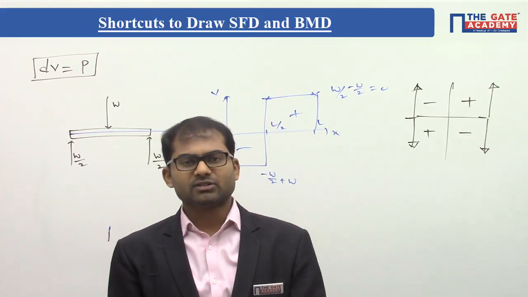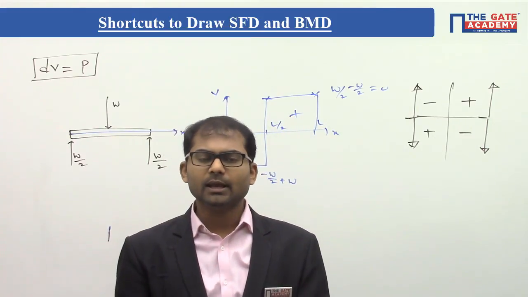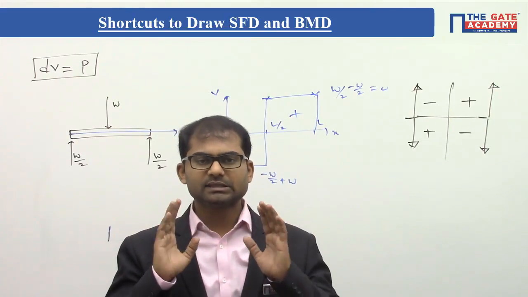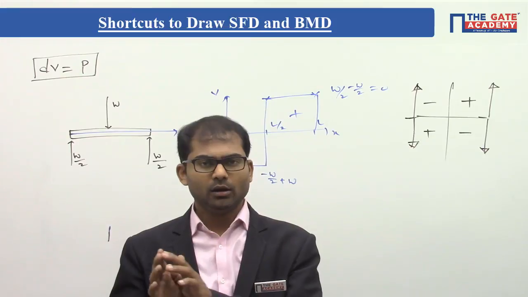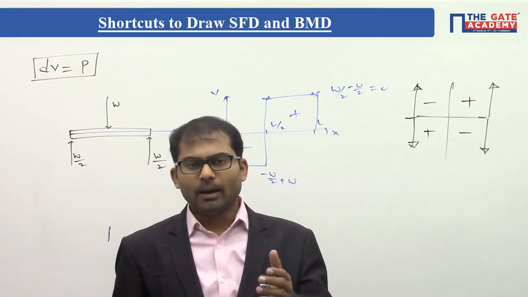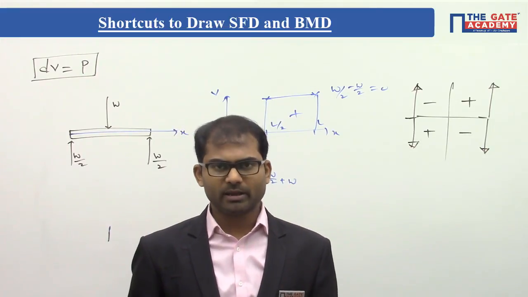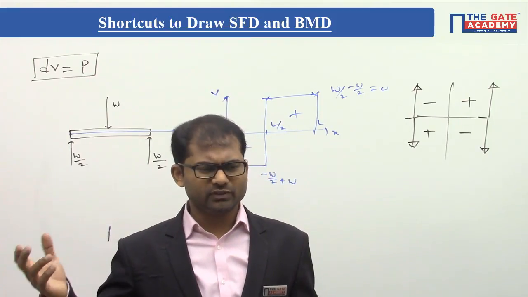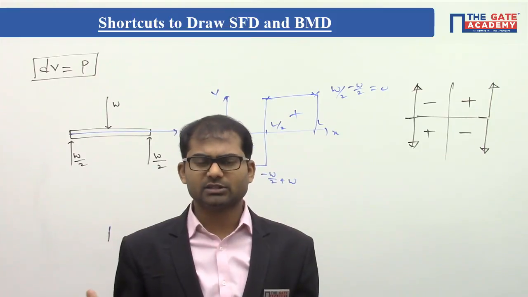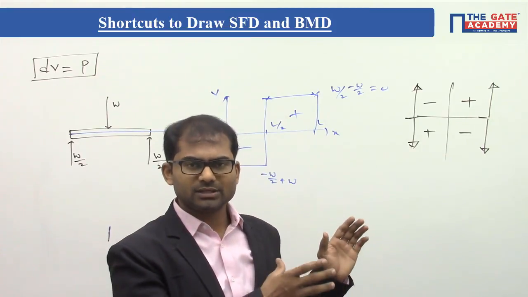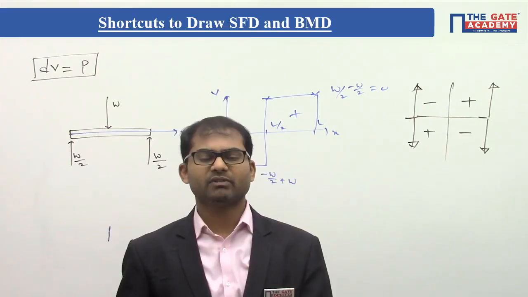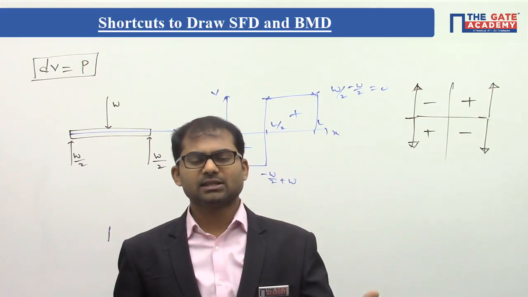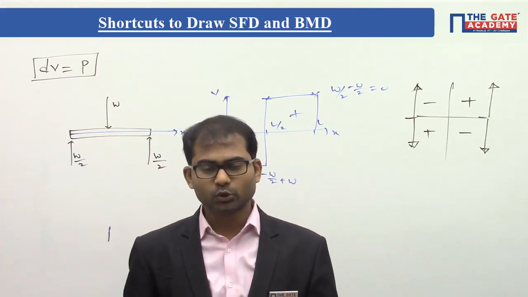I think you might be surprised to see only 3 shortcuts are there basically. But as far as GATE questions are concerned, these 3 shortcuts will help you to solve all the questions, apart from the questions which are supposed to be solved by the conventional way. So, instead of wasting your time on the remaining other shortcuts, which are not that necessary, you can concentrate on these 3 shortcuts only and solve all the previous GATE questions, and also try and apply the shortcuts in test series questions and do a good amount of practice.